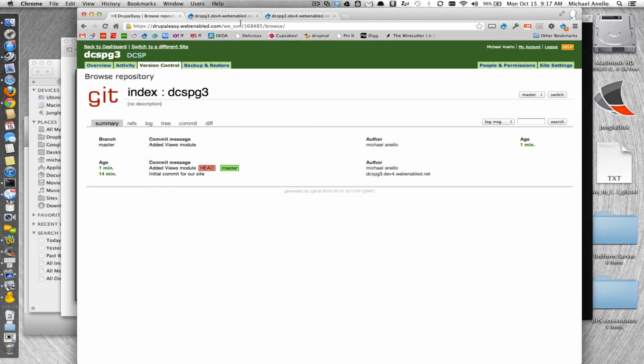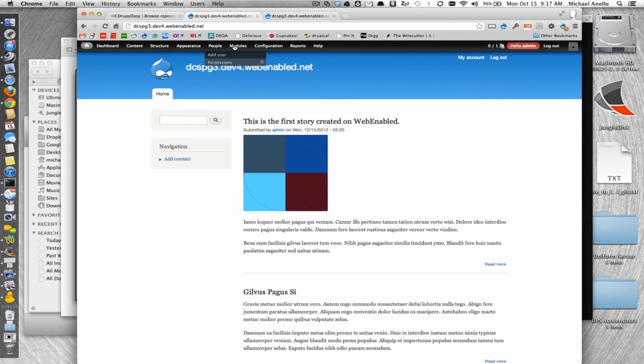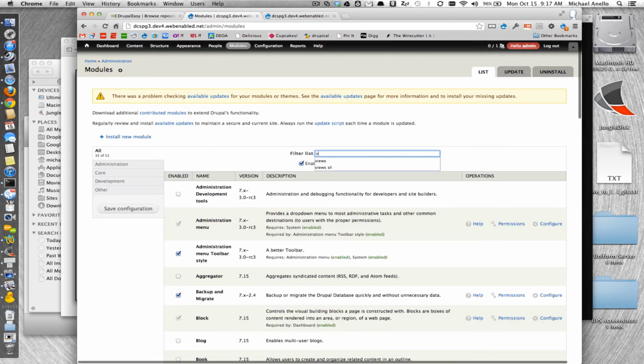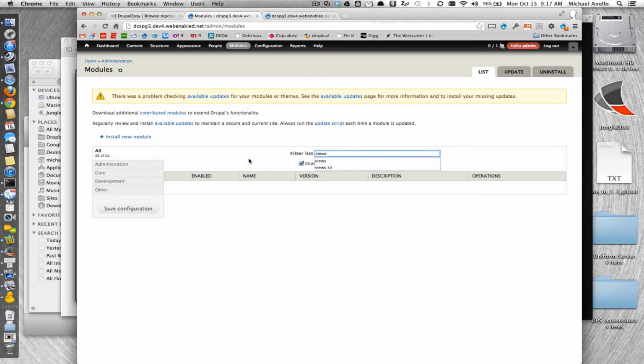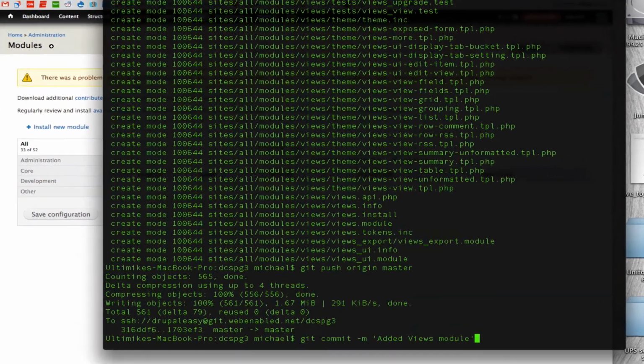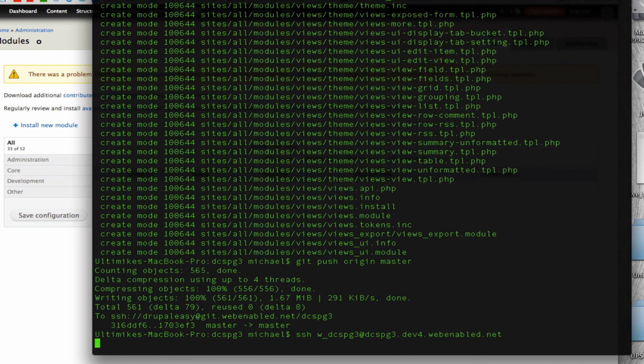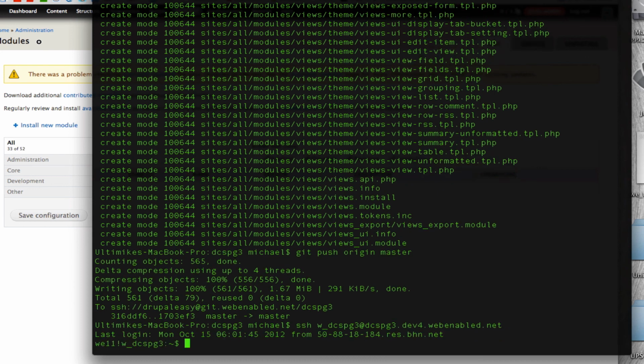But if we go to our web-enabled site, we're not going to see modules there. We're not going to see views there, I'm sorry. We don't see views there because we haven't fetched it to the web server yet. So let's do that really quick, and then we'll be all set. So I'm going to use the up arrow here to find my SSH command that I used before. I'll log back in there to my remote web-enabled server,